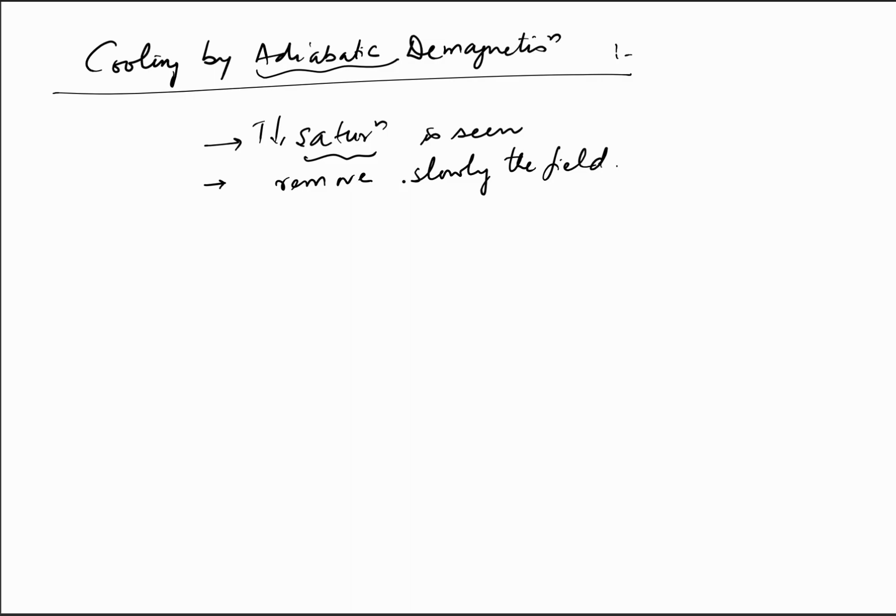So when we gradually remove this field, the thermal motion of the particles will have to work against this gradually changing field, and that work will help in flipping the moments,